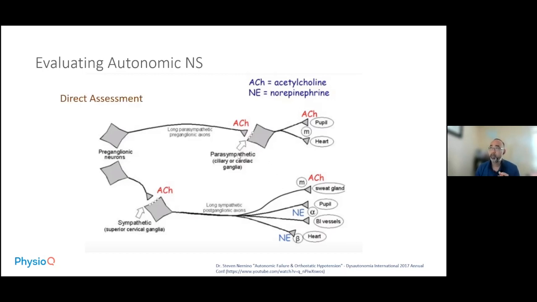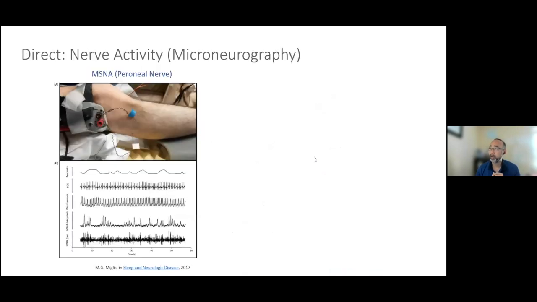So how do you evaluate the autonomic nervous system? The way I've divided it is into two parts. You can directly assess the autonomic nervous system, either by measuring exactly the activity in these nerves, or measuring the neurotransmitters, or you could actually visualize it, or you have the indirect assessments, basically the end results of the sympathetic nervous system. And I could go into a little more detail about the direct nerve activities, the sort of direct